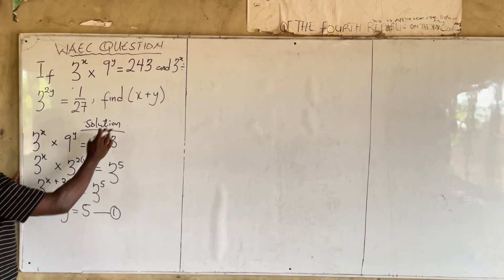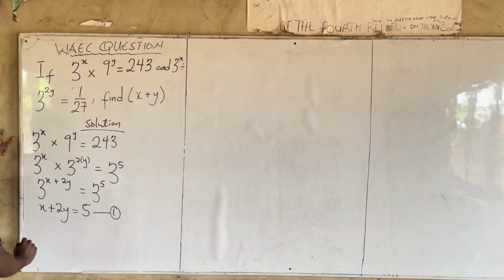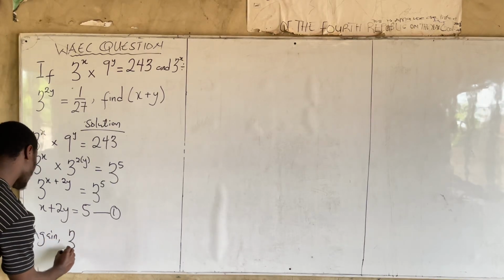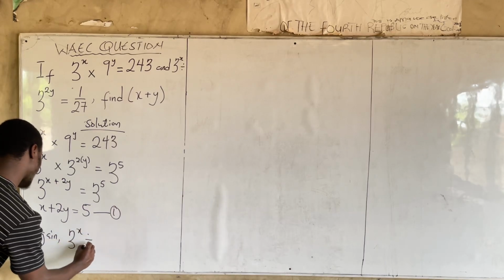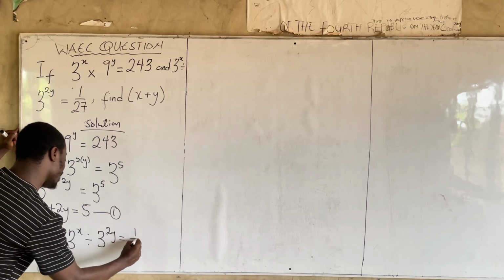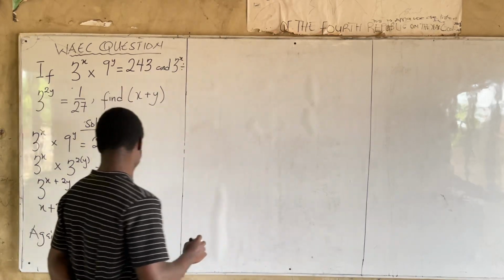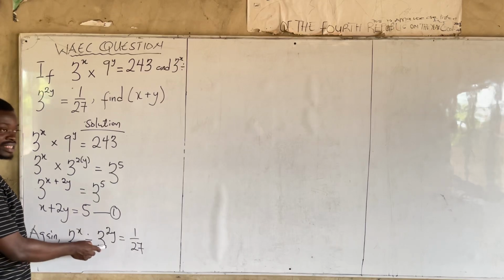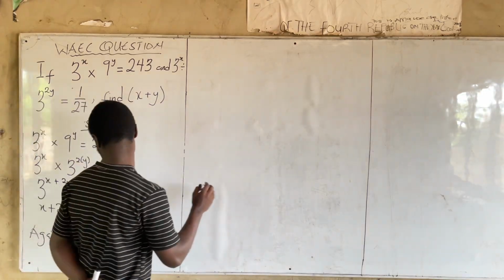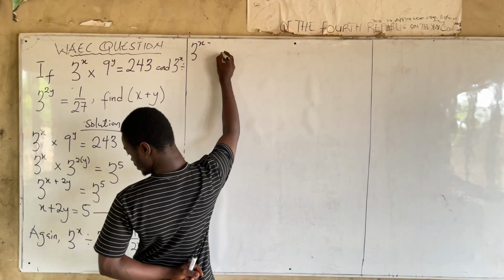The next one: 3 to the power x divided by 3 to the power 2y equals 1 out of 27. So let's simplify this. From the laws of indices, when we have the same base and it is dividing, the law says we should subtract the exponents. So subtracting the exponents gives us 3 to the power x minus 2y